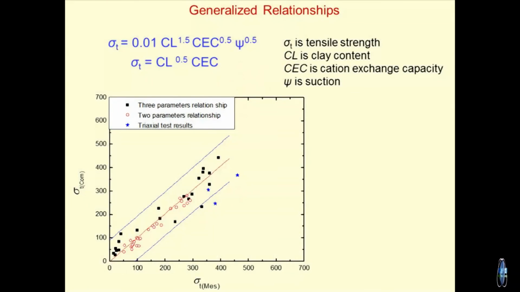Rather than saying for a given sigma t, it is not that. For a given soil you have 2 sigma t values or 3 sigma t values which you are plotting. So, you have to look at it like this. For a given soil, if I use equation 1, if I use equation 2 and if I do a triaxial test, where would the results be? If you plot them, this is what the picture would be.